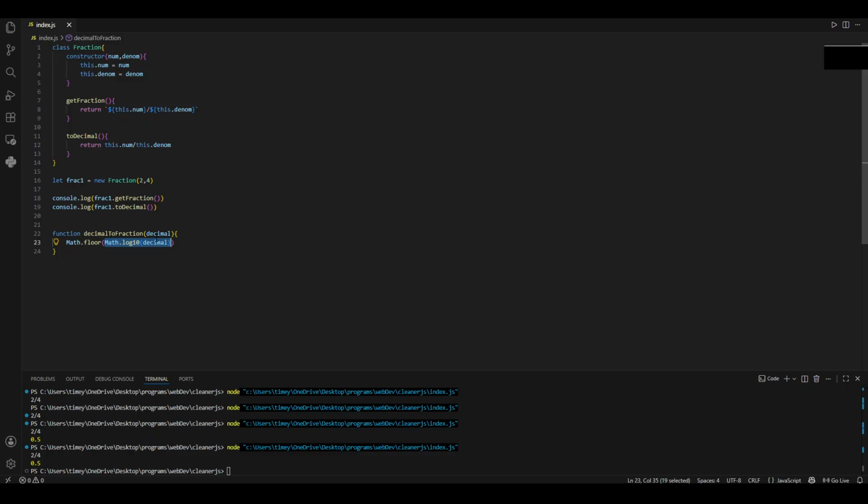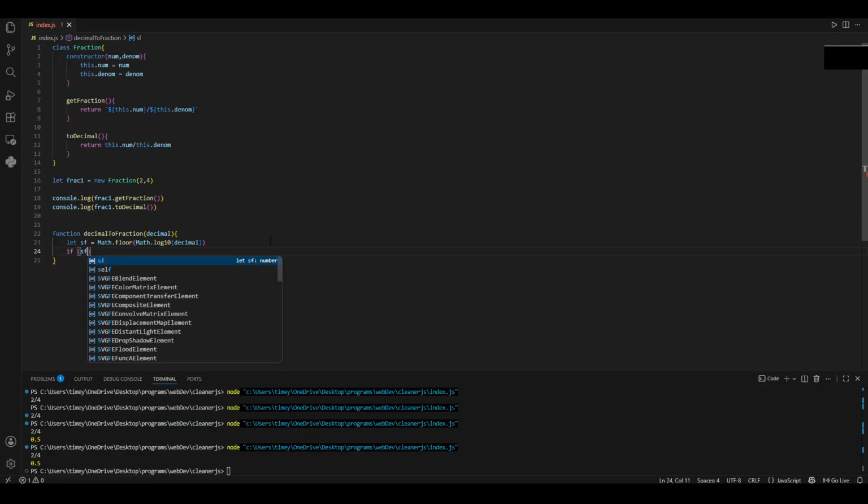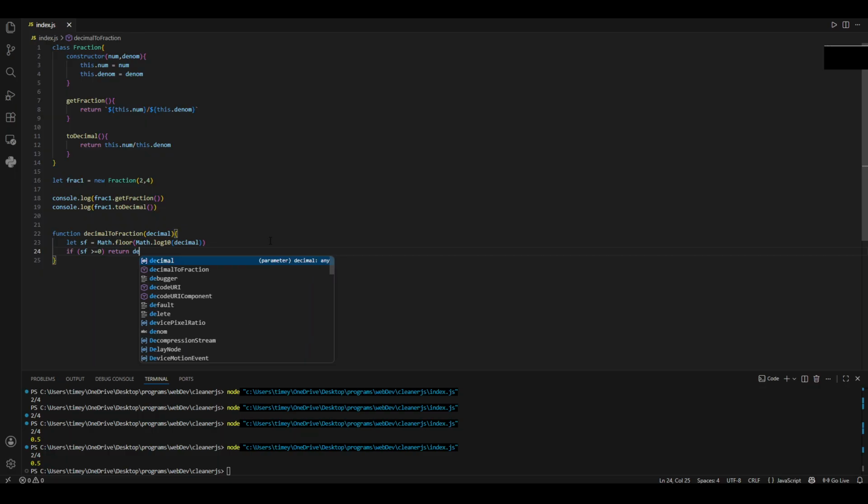And this is going to be negative if it's a decimal. Set greater than or equal to 0, decimal. And then since it's not a fraction, the numerator